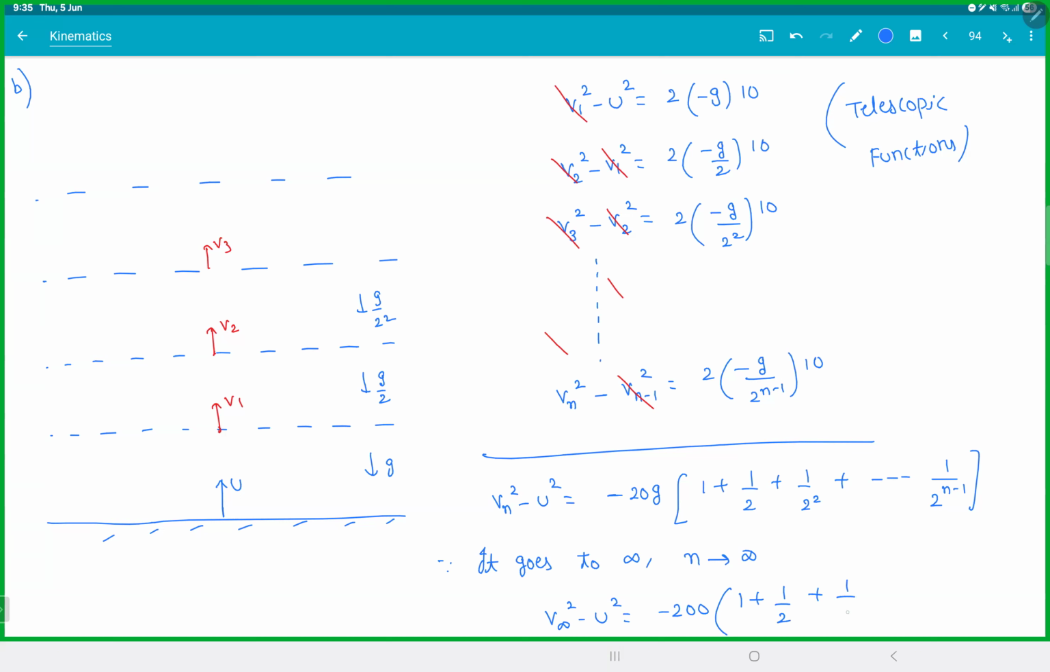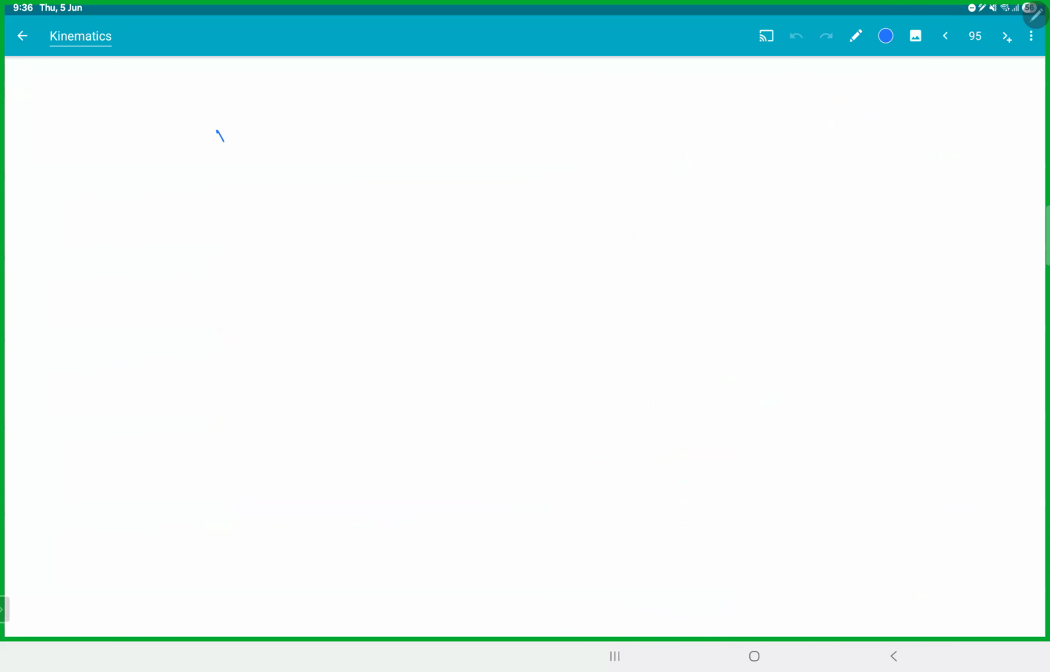The previous one is the geometric progression. You have a formula for that also. You will not need it normally: a into r power n minus 1 by r minus 1 and all that stuff. That's how your formula becomes. V infinity square minus u square is minus 200 into this. So this will be v infinity square is u square minus 200